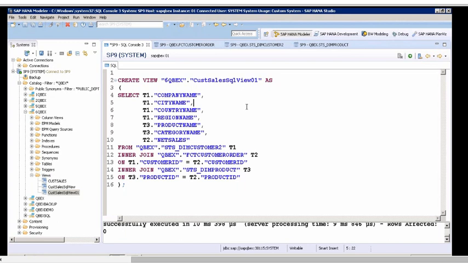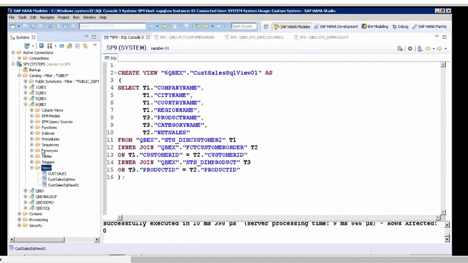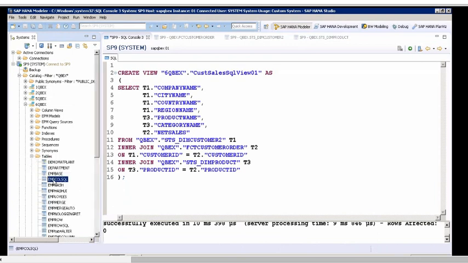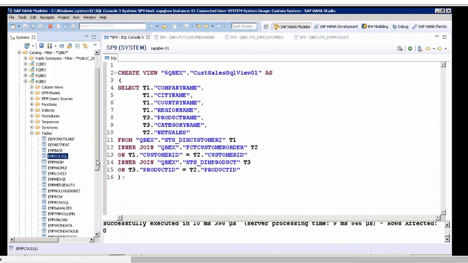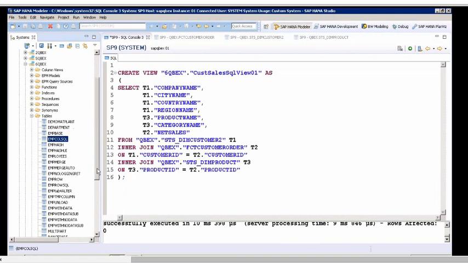Can I use a row store table in creating a database view? Yes. If you ask me, can I use row store tables in creating HANA modeling objects like attribute view, analytical view, calculation view? No. For example, I have tables, and EMP row, is it a row table?